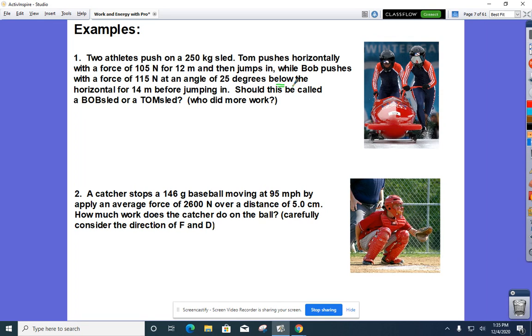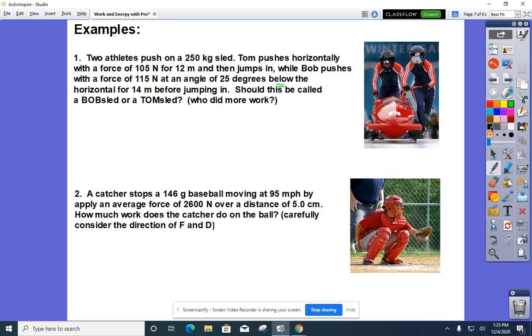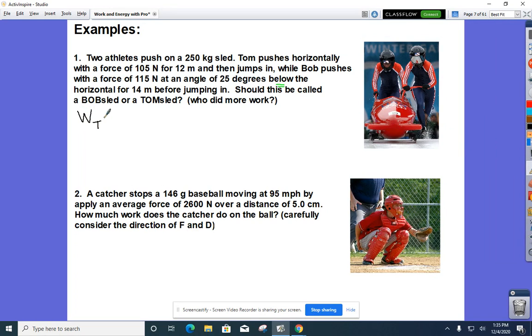So anytime I want to determine the work done on an object, I might want to know what that object is that's doing that work. Let's do the work done by Tom. Work is the force that Tom exerts times the displacement through which Tom is exerting that force times the cosine of the angle between that force and that displacement. So here's Tom, he pushes horizontally, so that means the cosine is the cosine of 0 degrees, which is 1. And he pushes with a force of 105 newtons for 12 meters,